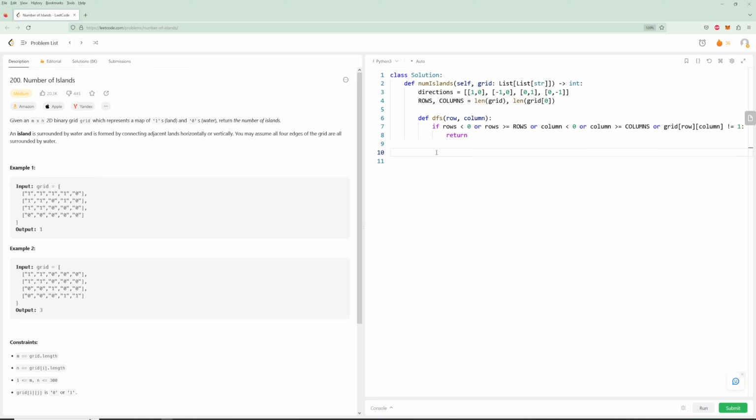So in our case, we actually want to change our 1 to a 2. And so let's do that. So we're going to write grid[row][column] = 2. Okay, now the next part of the standard template of the DFS,